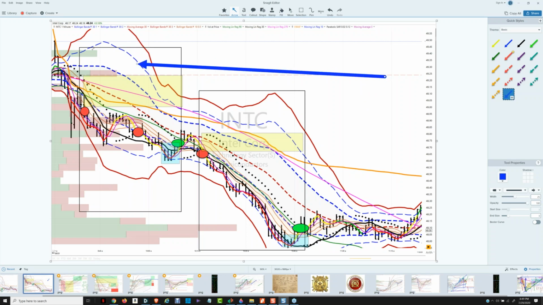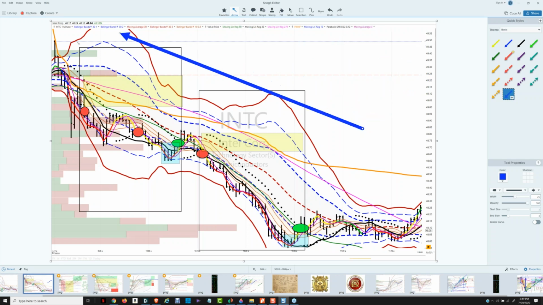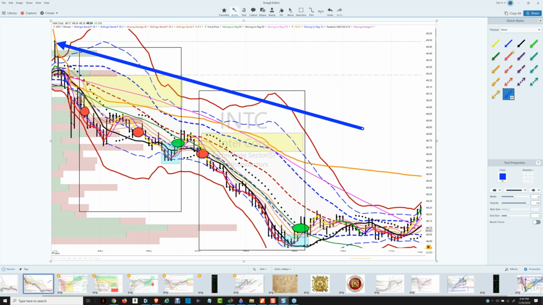So this red dotted line was yesterday's low. This is a feature of TC2000. You can just have it automatically plot those. So yesterday's low was 49.25. The blue dotted line at 49.50 was the high of the day, and that's where it opened today. So today it opened at the high of the day.